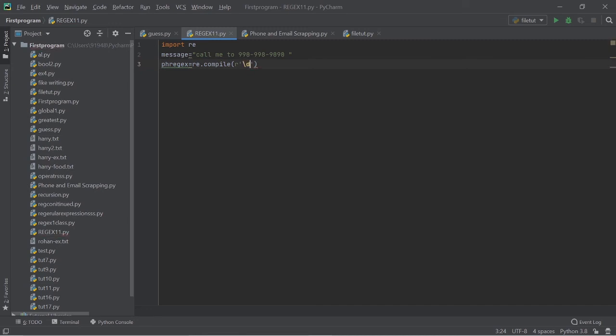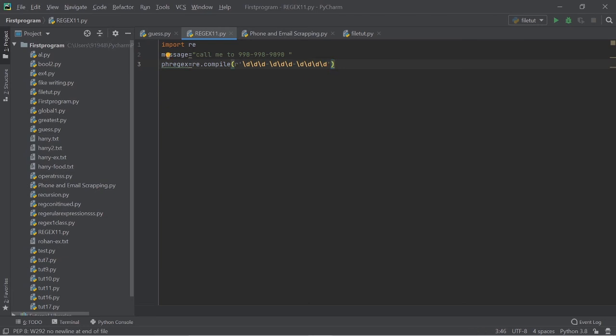Slash d indicates digits: slash d slash d slash d, dash, slash d slash d slash d, dash, and slash d 4 times. So this respectively matches this. Slash d is the first digit, and this slash d is the last digit, and there's a dash separation in between. This is the area code, and there are 3 digits, dash, 3 digits, dash, and again 4 digits.